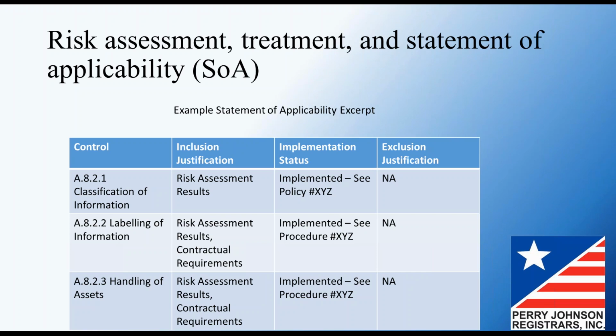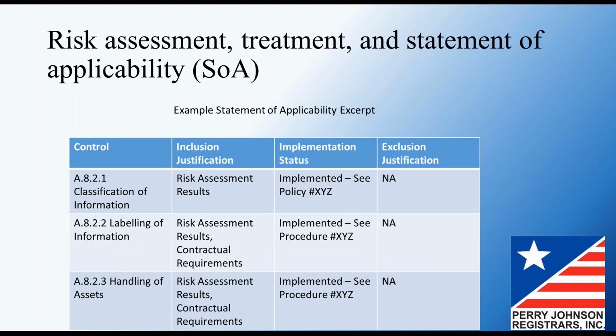And then the last column would be an exclusion justification. So you can see that there are no excluded controls in this sample. But for instance, there are some controls that deal specifically with software development. And if you're an organization that doesn't do software development, it would be expected that those controls might be excluded. And the justification for the exclusion could simply be, we don't develop software. It's not a part of our business. We don't have third parties develop software for us. It's just not what we do. So this is just a sample excerpt from a typical statement of applicability.